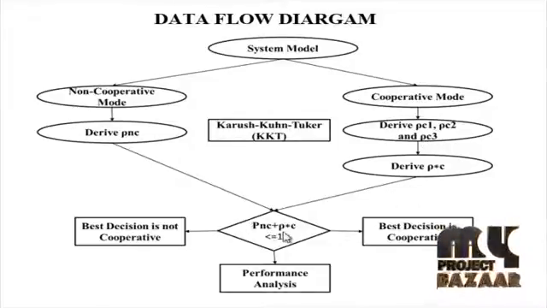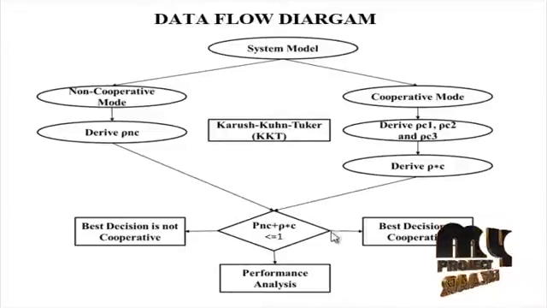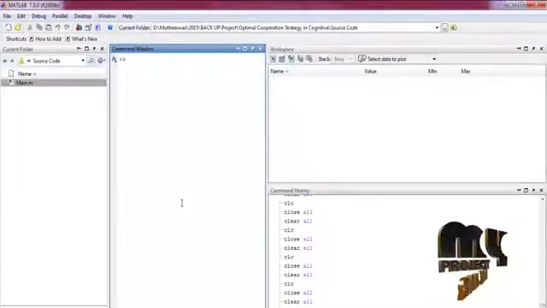Finally, the optimal decision has been taken. For the non-cooperative mode, the optimal save ratio can be easily derived according to the ninth equation. For the cooperation mode, the optimal solution can be derived by comparing the optimal achievable throughput for the two KKT candidate points. Finally, the optimal decision can be made by comparing the optimal achievable rate in the two modes. Finally, the performance graph has been analyzed. Since the proposed OCP is based on the closed form solution to the achievable throughput maximization problem, optimal cooperation strategy can be readily derived.